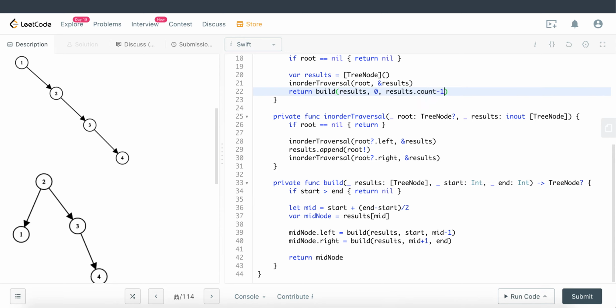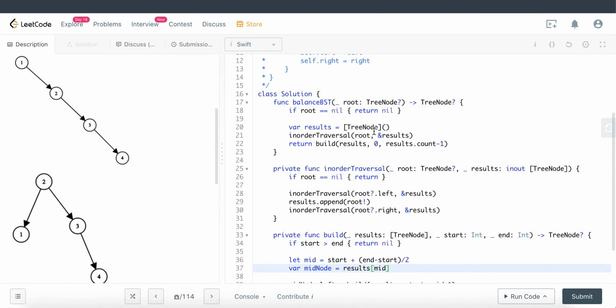Results dot count minus 1, right? Minus 1 is basically because we are dealing with index. We are going to access the index of the array, so we're just passing the minus 1, so it's a 0-based index. But yeah, so basically to summarize, we are going to do the in-order traversal, right,